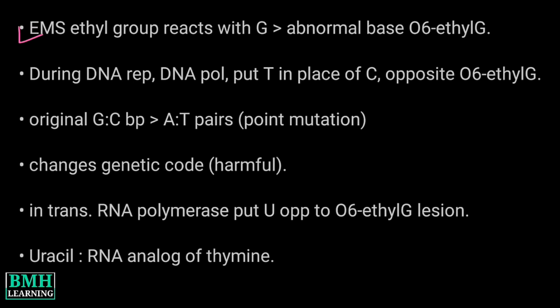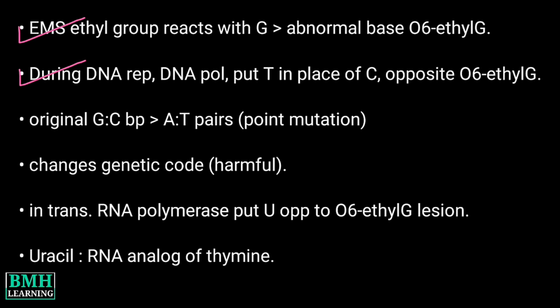Mechanism of mutagenesis. EMS possesses an ethyl group which basically reacts with guanine in DNA. This interaction forms the abnormal base O6-methylguanine. During the process of DNA replication, DNA polymerases, which catalyze the replication process, frequently place thymine in place of cytosine opposite